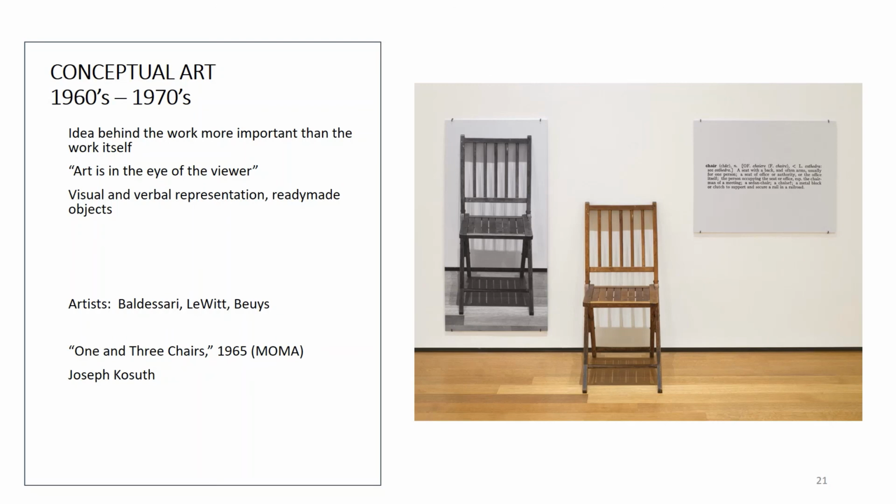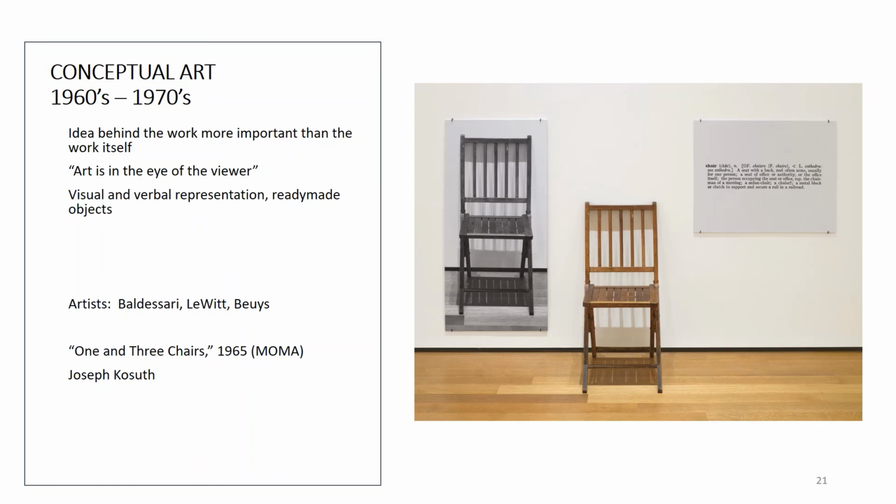Conceptual art also occurred between the 1960s and 1970s, and like minimalism, it's more about the idea behind the work as opposed to the work itself. The art is in the eye of the viewer, and it encompassed both visual and verbal representation, and it could involve objects that were made by people other than the artist. I selected this particular example, One and Three Chairs, done in 1965 by Joseph Kosuth, and this is shown at